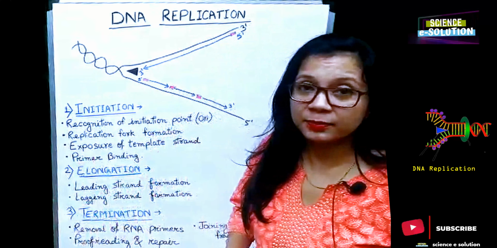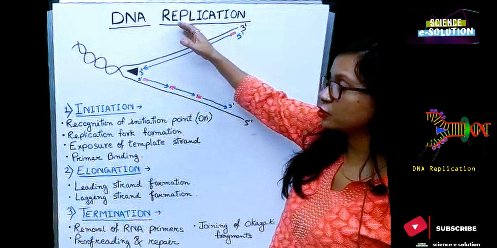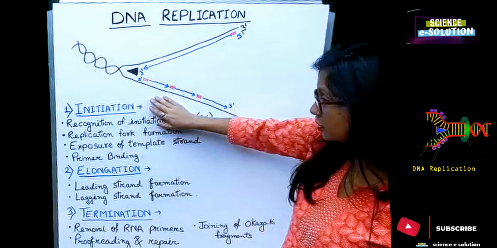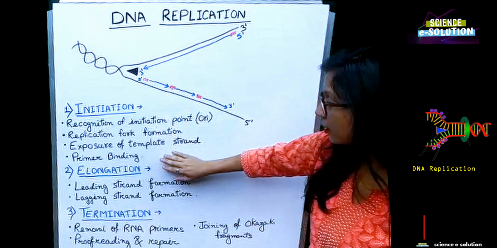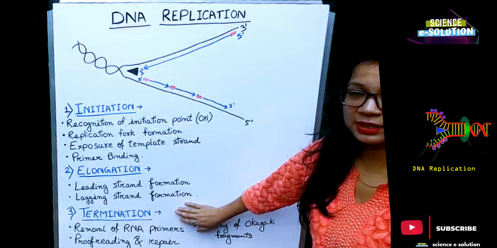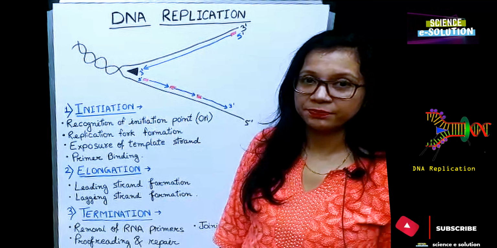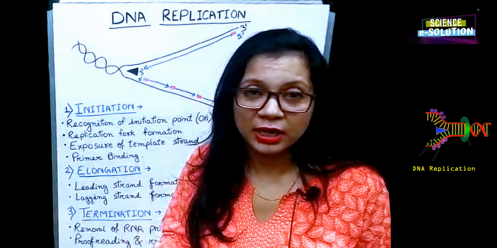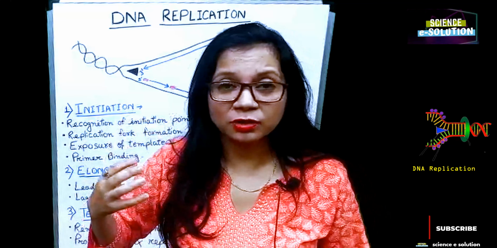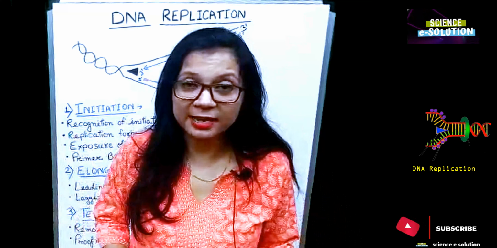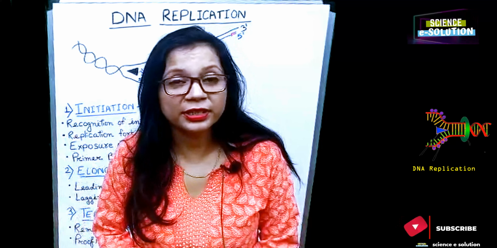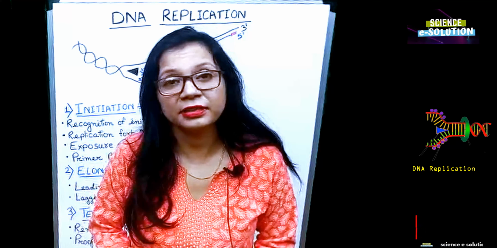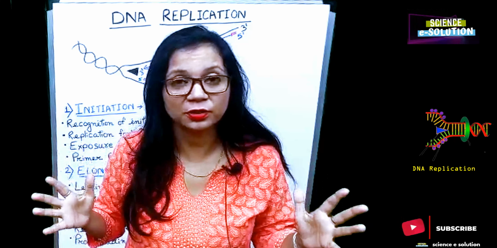As in other processes, the DNA replication process also involves three main steps, that is initiation of DNA replication, elongation and termination. Let us see them one by one. And in all these processes, enzymes play a very important role. What role do they play? What are the different enzymes involved in the process? I have already described it in my previous video tutorial. If you have missed it, I have given the link in the description box below, so you can go through it.